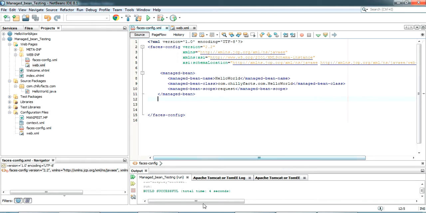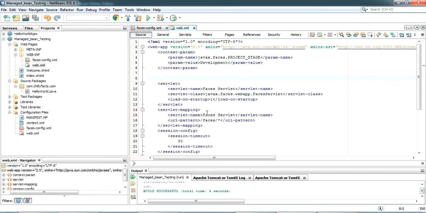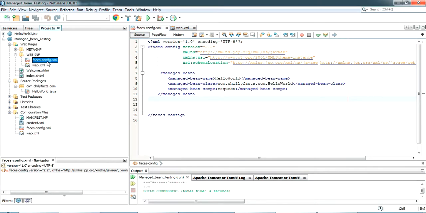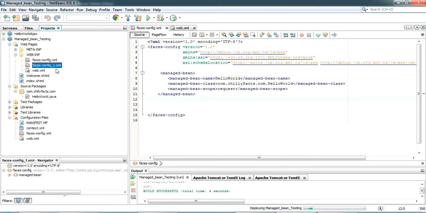The faces config XML is actually used for application level configuration, like the navigation rules and the forwarding rules, like that. So if you are having a lot of managed beans, you should use another XML. The name of the XML is managed bean XML. So write all the managed bean information in that XML, and write a small configuration context param in web XML. I'll show you that. For that I'm just copying this one and pasting it, and just making a copy,